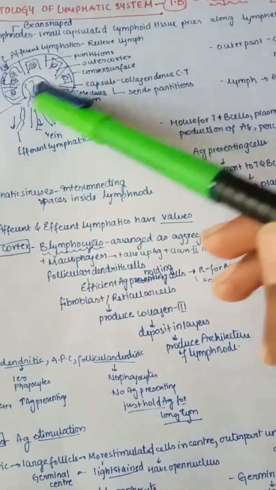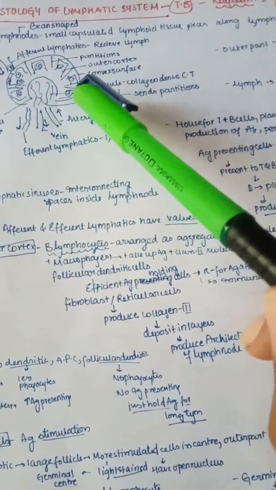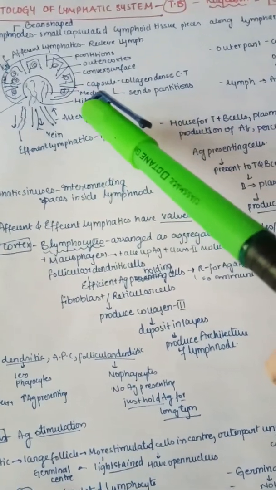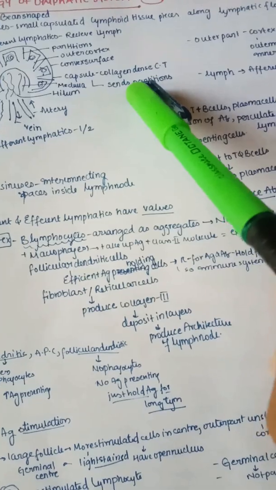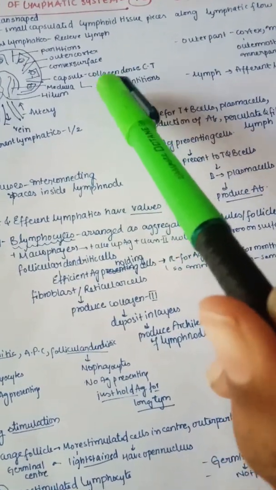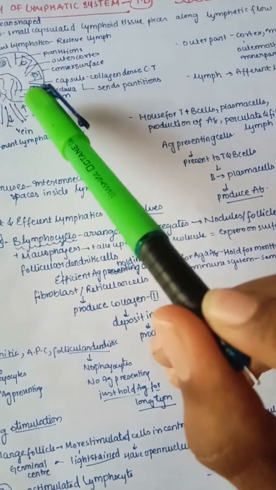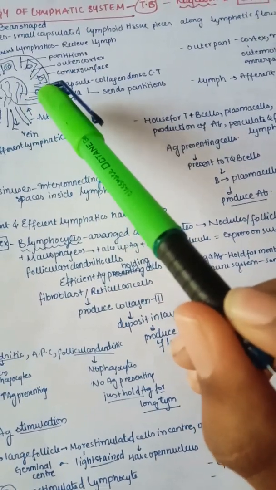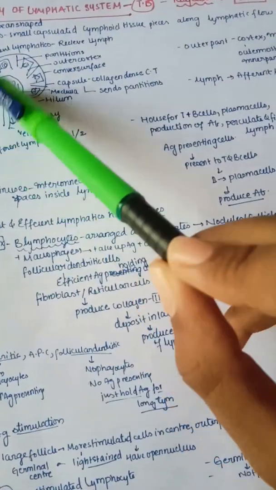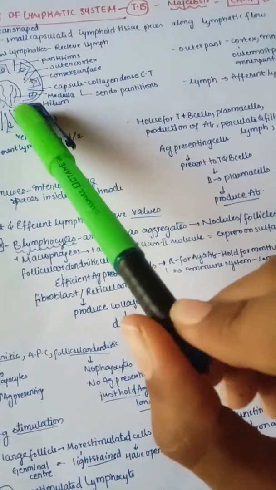And you can see lymph nodes are bean shaped, small encapsulated structures, and lymphoid tissue mainly consists of nodes along the lymphatic flow. The outer part has the cortex and the inner medulla, and the outer cortex has the outermost part, which has different types of cells, and the innermost part is called the paracortex.